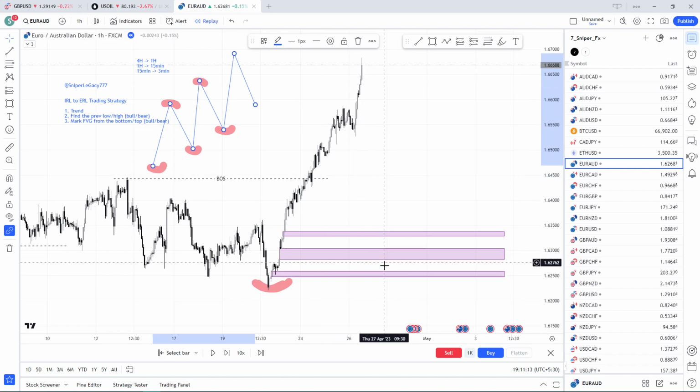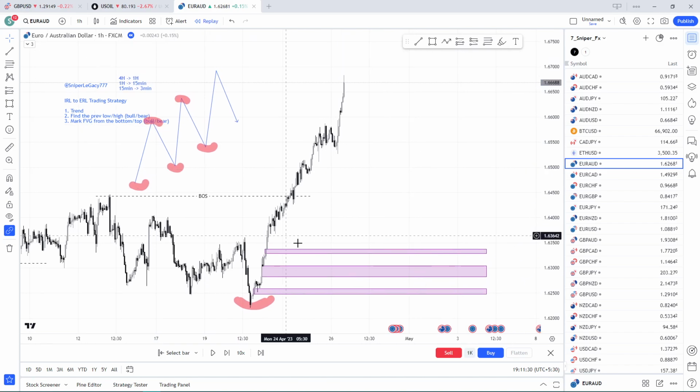If the market comes back this much, then if it reacts, then we will have a very high risk to reward ratio. Okay, but we know for a fact that when the pullbacks come in, the counter trend will be as short as possible. So that is the reason I have marked 3 FVGs, and I am not interested in marking FVGs above this